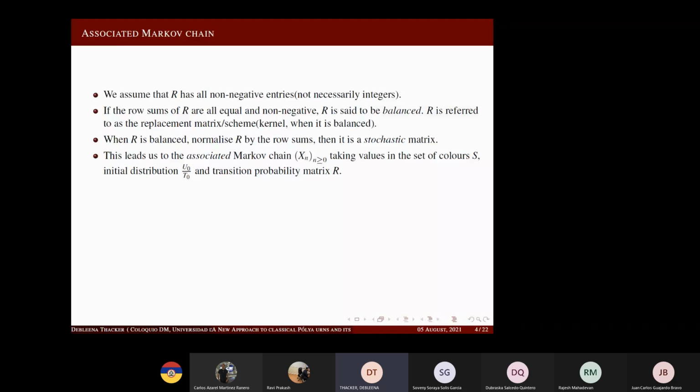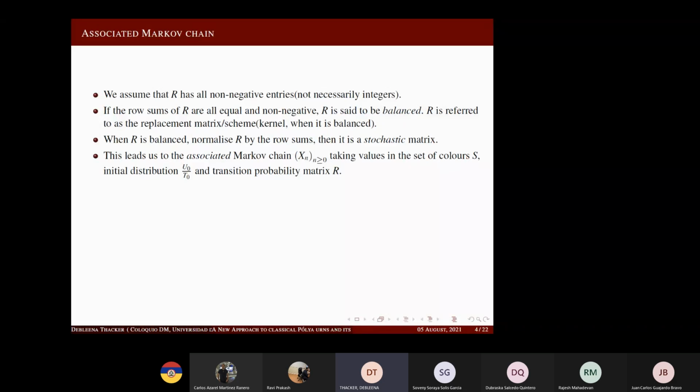So this is a very important step, the associated Markov chain. What we are saying is that when we are given an urn model, henceforth we are always in the balanced scenario, and in that case I am going to normalize by the balance, and therefore I have my replacement matrix R to be a stochastic matrix. So once we are given an urn model, the initial data is some U0 and the stochastic matrix R. Once we are given that, we can